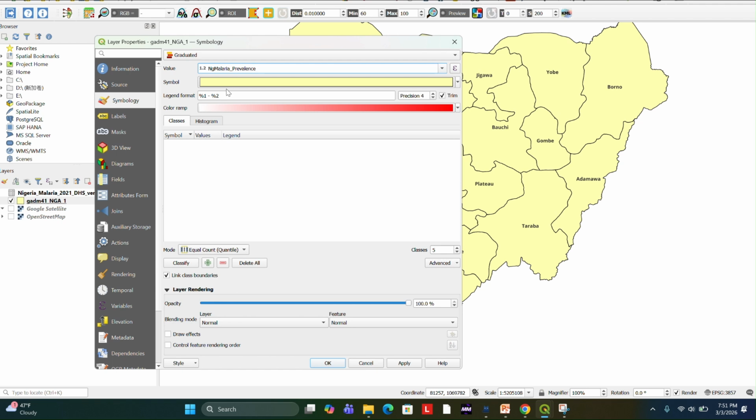Under the symbology or the color, we are not going to change this symbology. We need to go to the color ramp to set a color, and at the color ramp we are going to select yellow, orange, red. So if you click on the color ramp, where my cursor is, click on the drop down arrow,